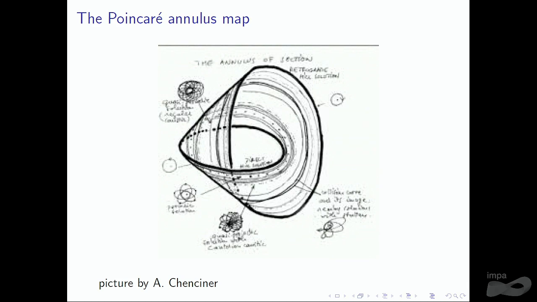So in the rotating Kepler problem, we would see a lot of invariant tori here, a lot of closed curves corresponding to these invariant tori. They are homotopic to the boundary. But when you perturb, of course, the dynamics gets more complicated, and then you can see some chaotic regions, some elliptic islands, and Chansinet